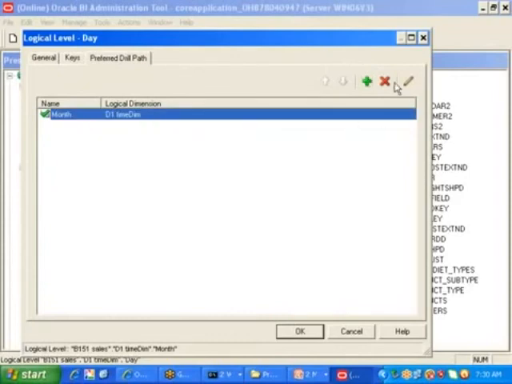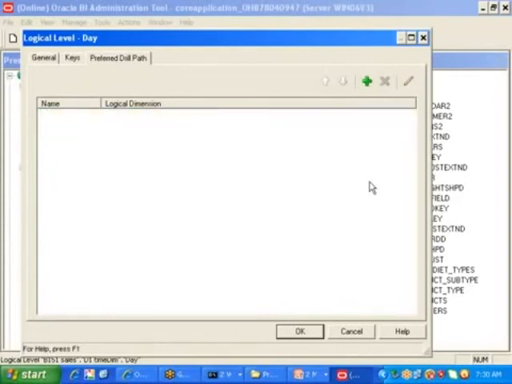Similarly, whenever I click on day level, I want to go to region level. Day level to region level I want to go. That means from one hierarchy to another hierarchy I want to move. Moving from one hierarchy to another hierarchy is called drill across or drill by. Now I want to do that functionality. Technically, the configuration for drill up and drill across, both are one and the same.